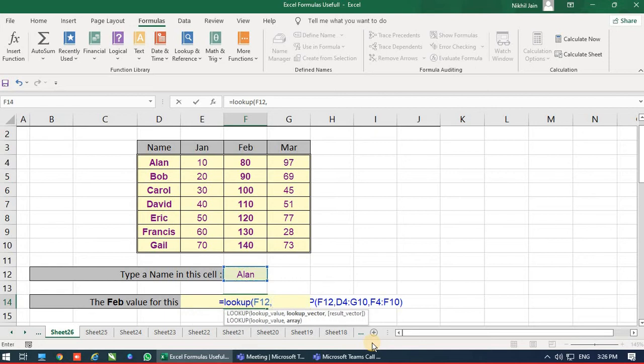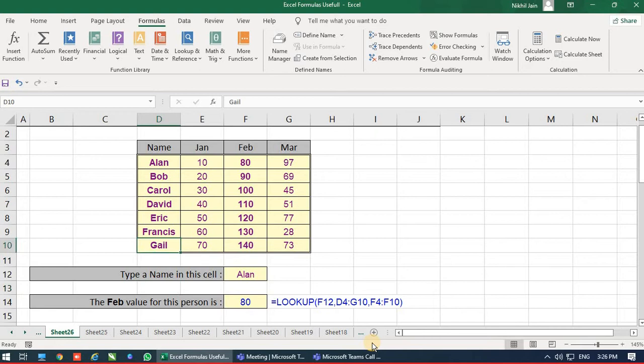Lookup vector means you have to select the complete range from D4 to G10, again comma. Next, which column you want. I want the Feb month, so I'm selecting F4 to F10, bracket close, enter. So Alan has 80. If I type Nikhil over here, Nikhil has 140. So the computer will give you the correct answer.